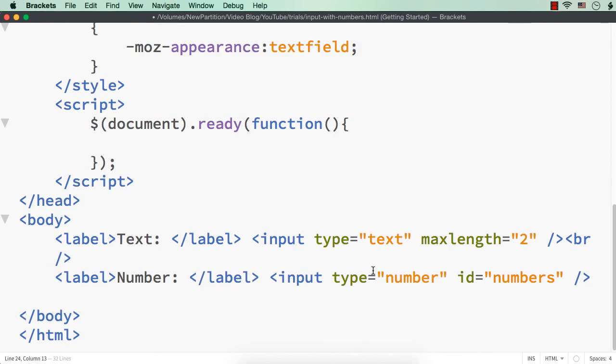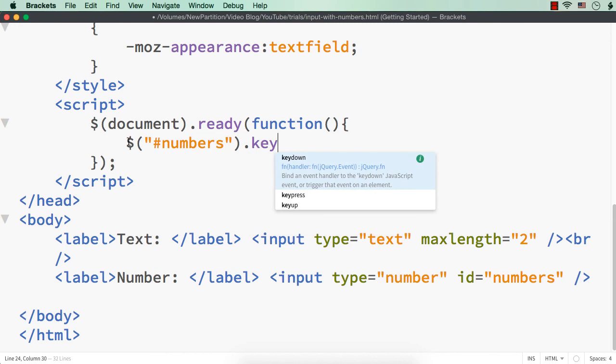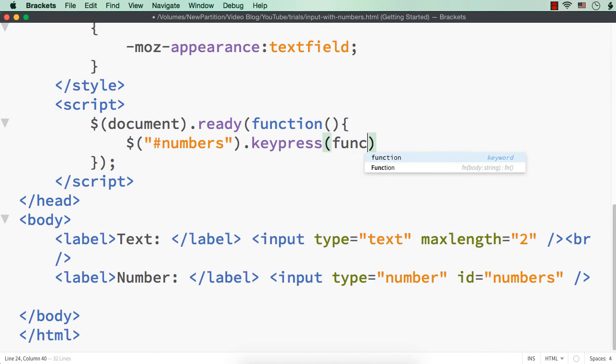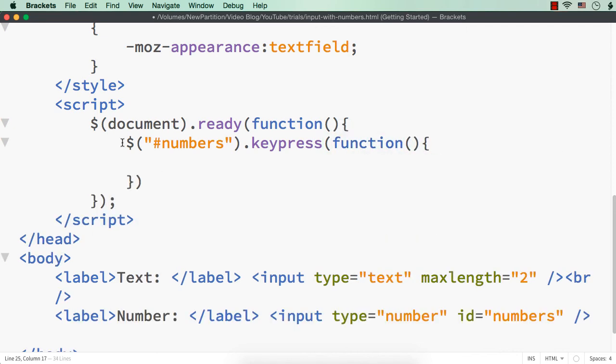Here we need to implement it on the keypress event. We are going to check the length of the value entered. So we need to access the input element with type number, that is $('#numbers'), and I'm going to do it on the keypress event. That is, when the key is pressed, I need to check. So keypress, and within this function open and close parenthesis, open and close curly braces, I need to check the length of the value entered inside this input element.